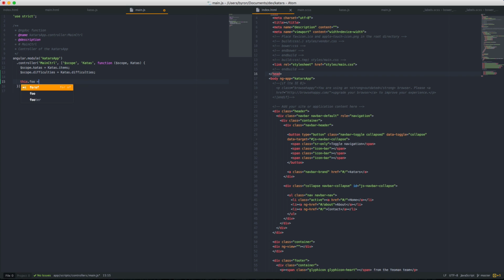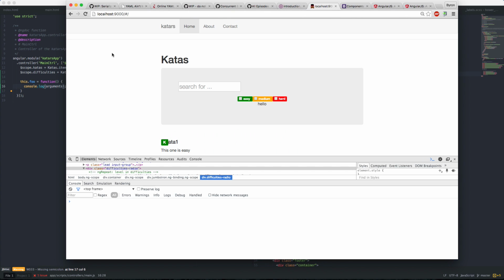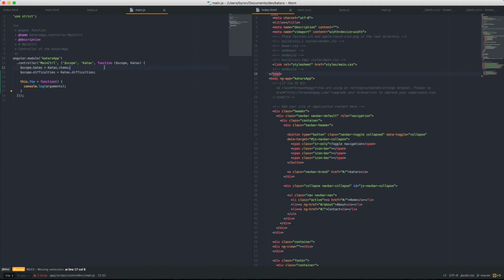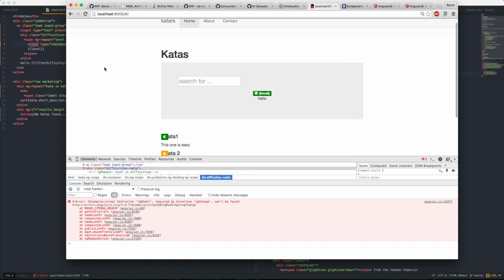This foo is a function that logs its arguments. Also not, but also didn't totally freak out. Type checkbox, model. Maybe don't put anything on the model, but call this